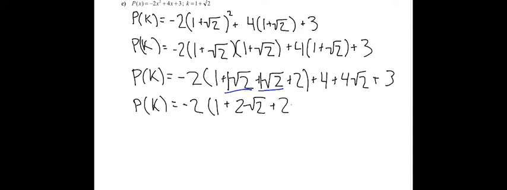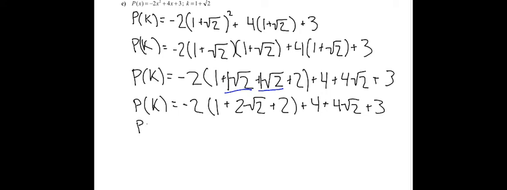And then P of k, again, is equal to negative 2, and then we can combine the like terms. Obviously we have a like term here and a like term here, and we're adding it. So what we have is 1 plus 2 root 2, because we add the 1's, plus 2 plus 4 plus 4 root 2 plus 3,